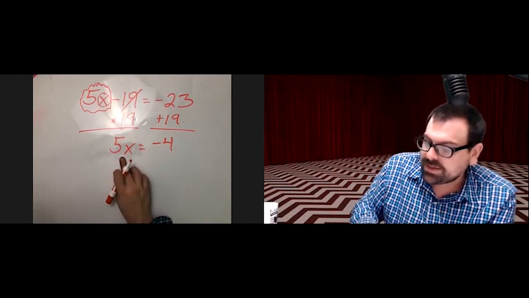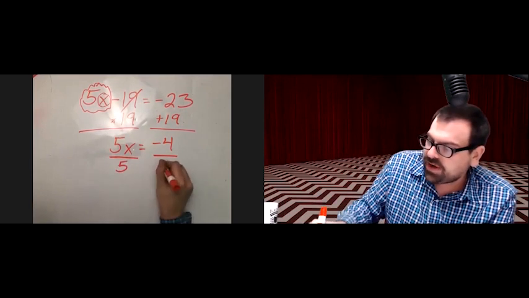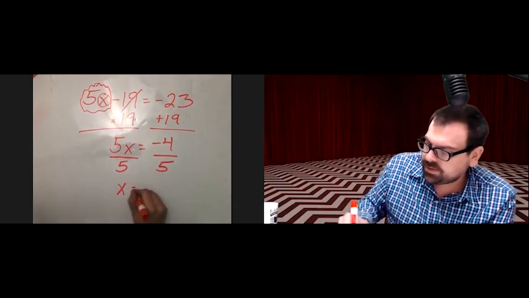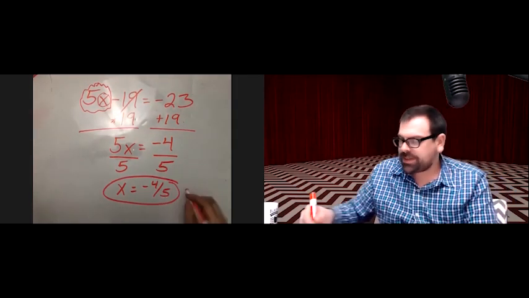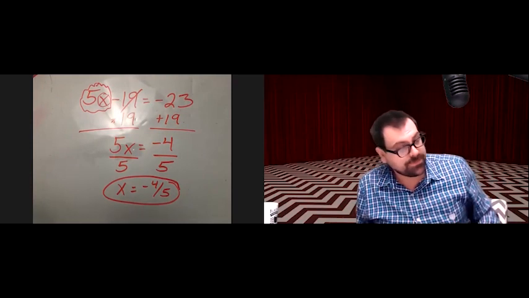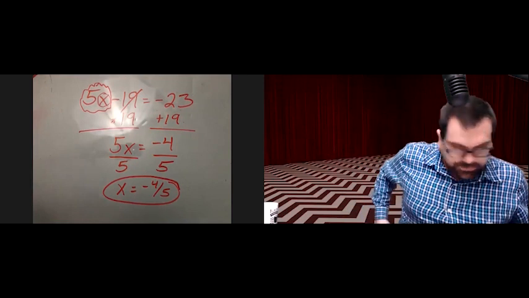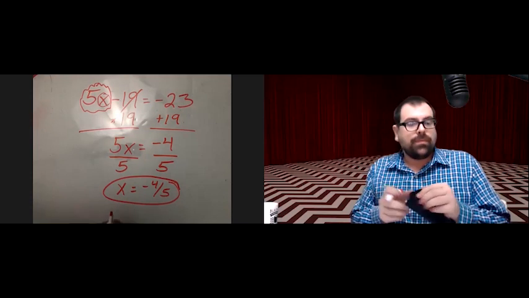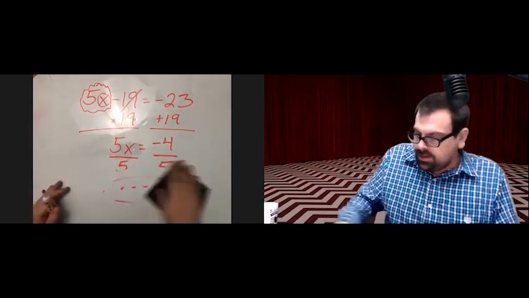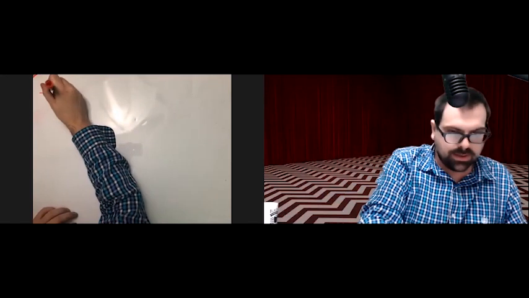Now we want to get the x by itself. We need to undo multiplying by 5. So we divide by 5 on both sides. So our answer is x equals -4/5. We can make it even more complicated. And let's take a look at